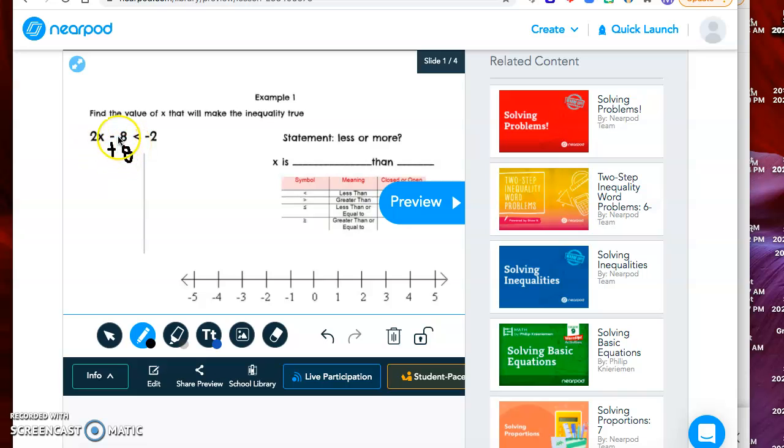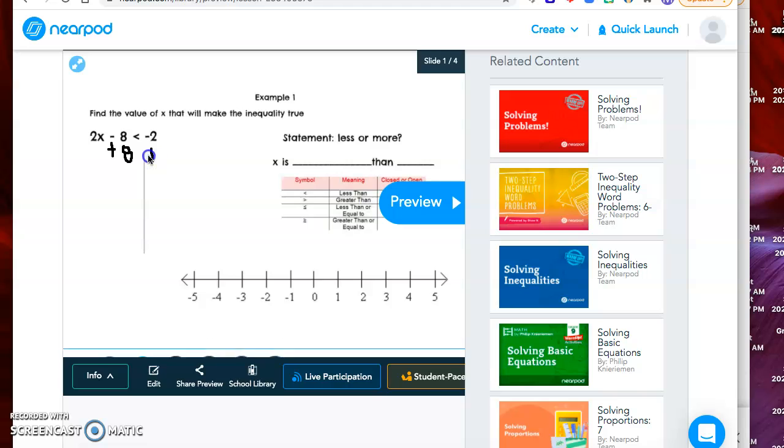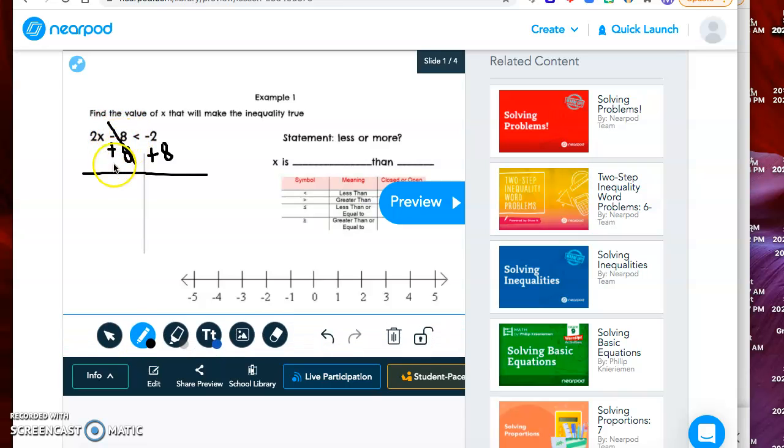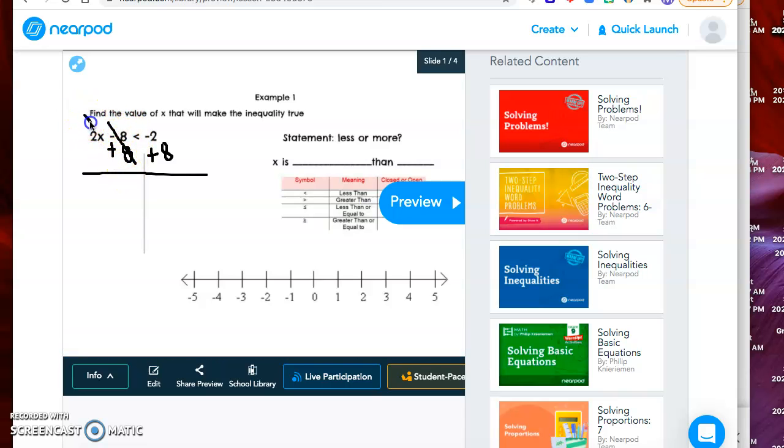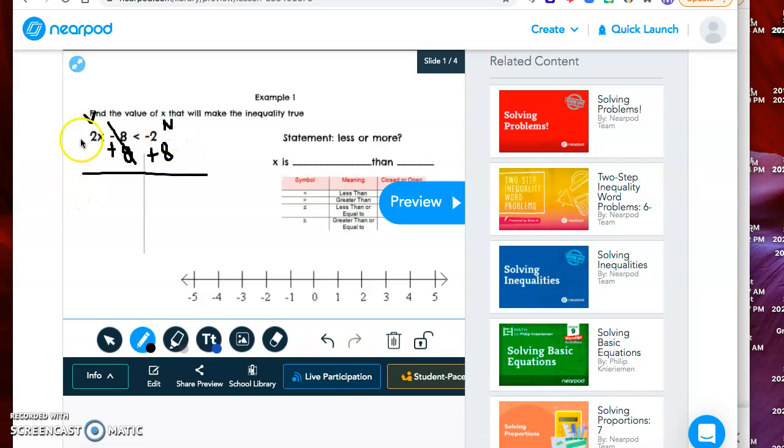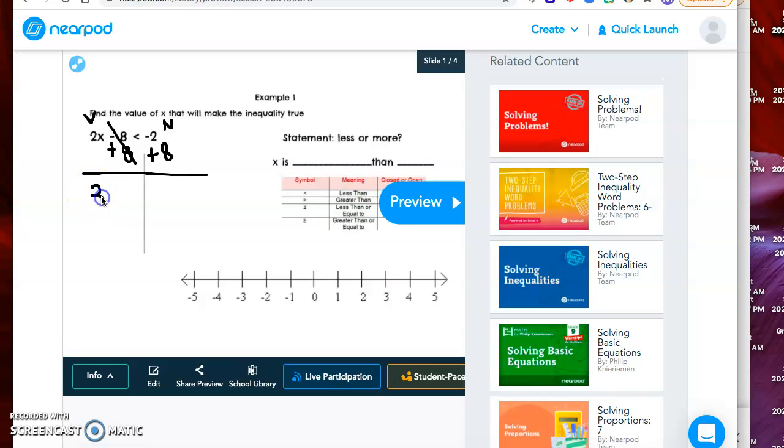Also, if I'm doing +8, I'm doing it right under the -8, not under the 2x, because I'm trying to show that it's -8 plus 8. And anything I do to one side, I have to do to the other. -8 plus 8 gives me 0. So the point is like we're trying to get rid of this, right? Remember, because this side has the variable, this side has all the numbers. So now we get 2x